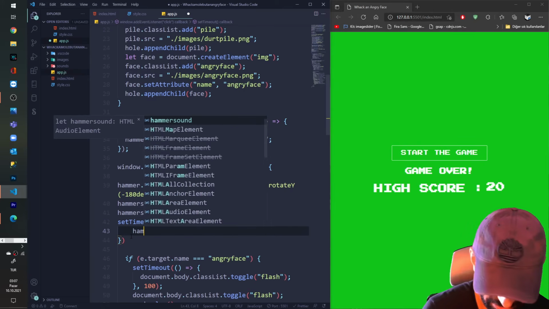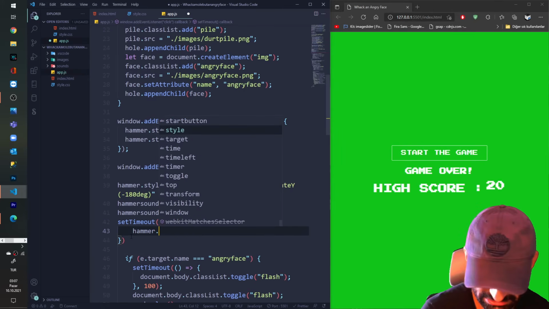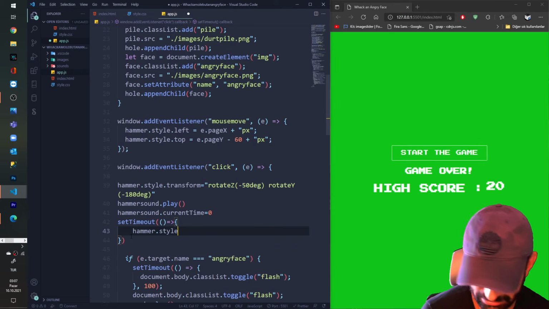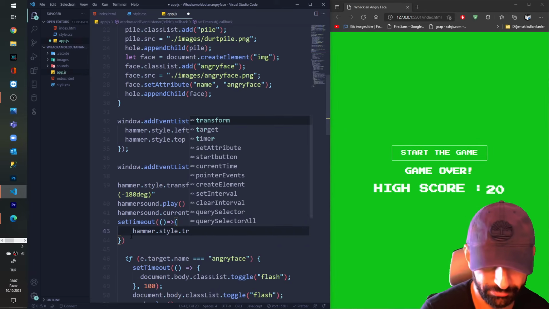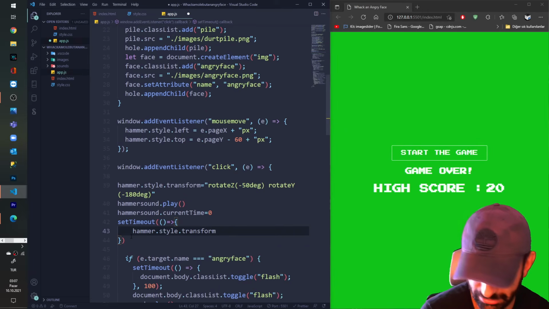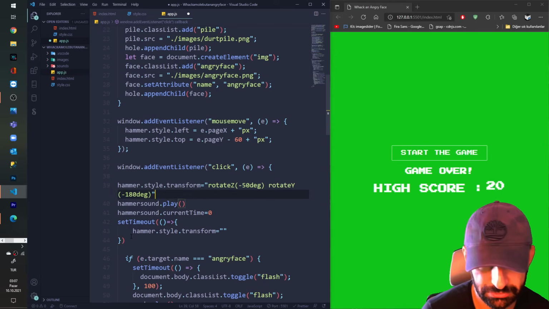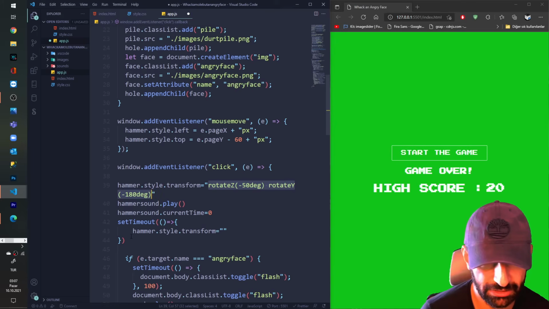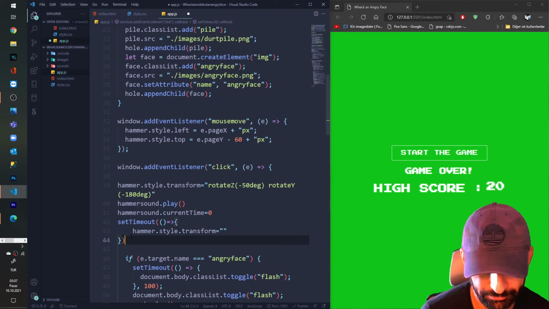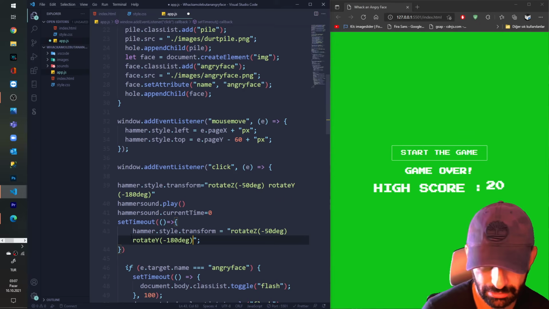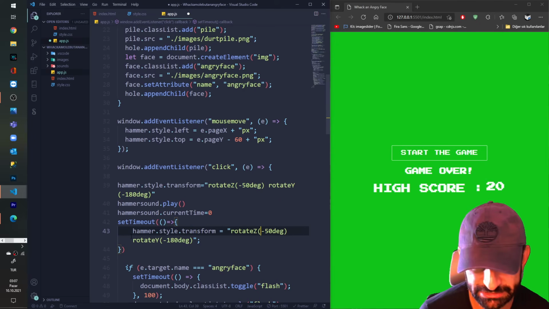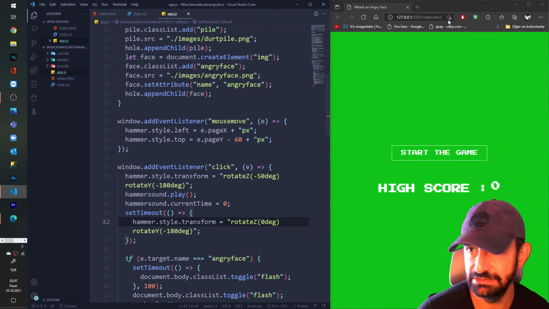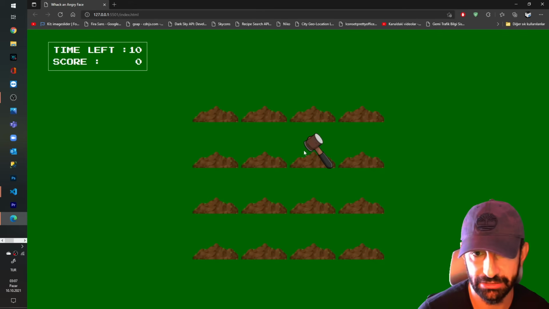I say hammer.style.transform. Yeah, it was transform. Equals to. I'm gonna copy everything from here because I'm gonna change only the z-axis value. I'm gonna say rotate 0 degrees. Okay, let's try it if it's working.